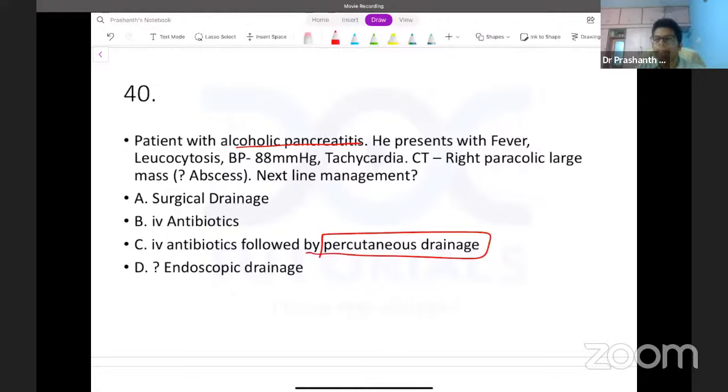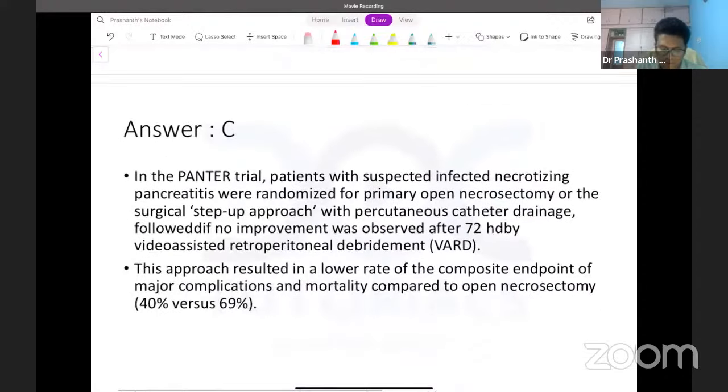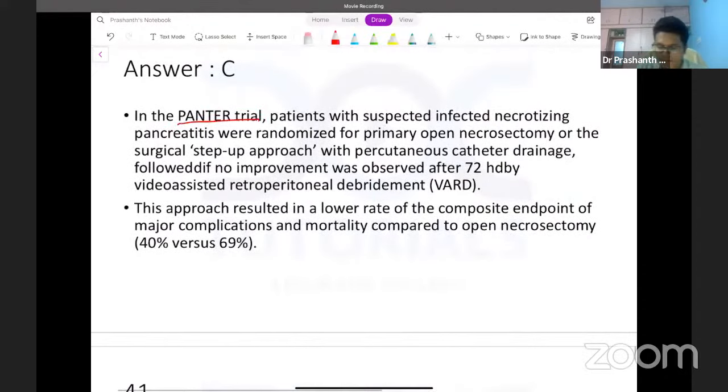Okay. If this doesn't work, then you go for necrosectomy and surgery. So remember this PANTER trial, where patients with suspected infected necrotic pancreatitis were randomized to open necrosectomy or a step-up approach following percutaneous catheter drainage. It showed that there was no improvement observed after 72 hours of